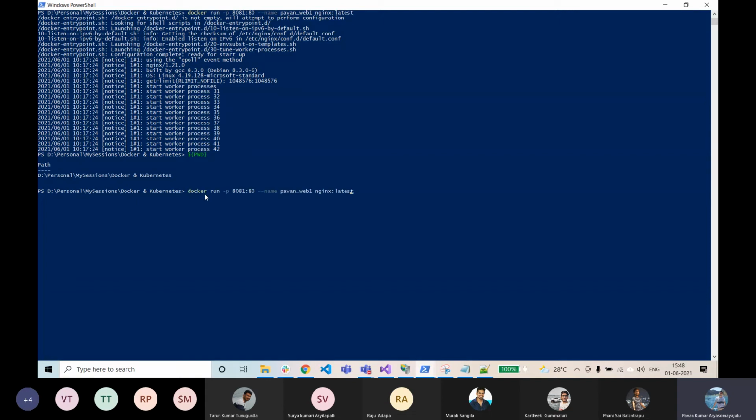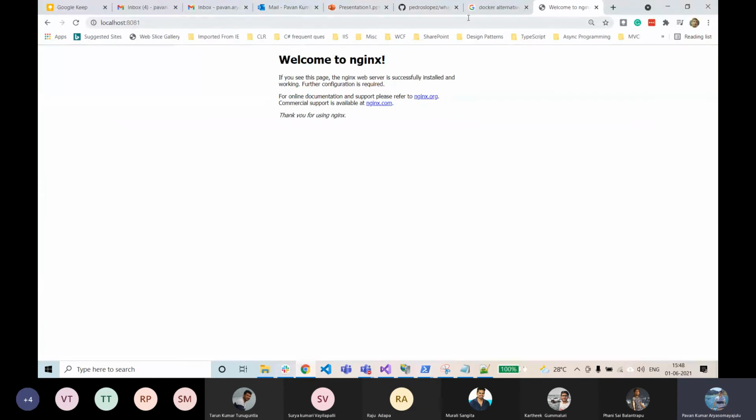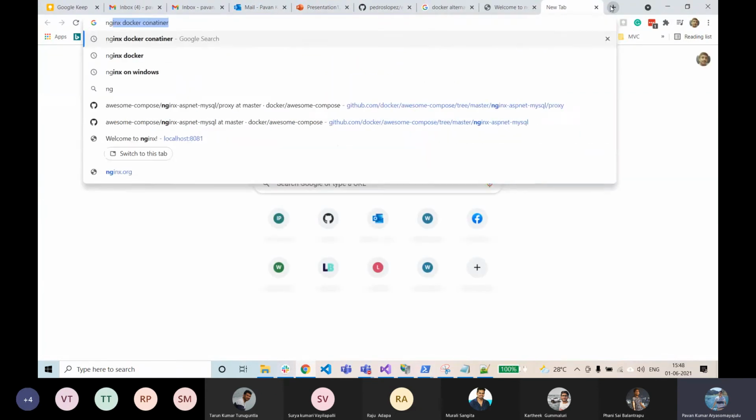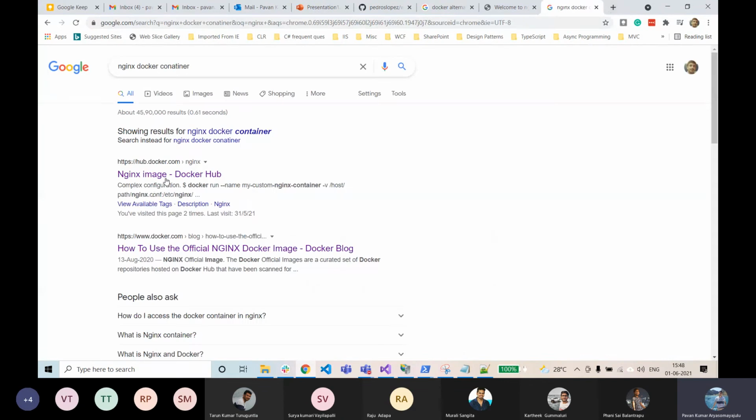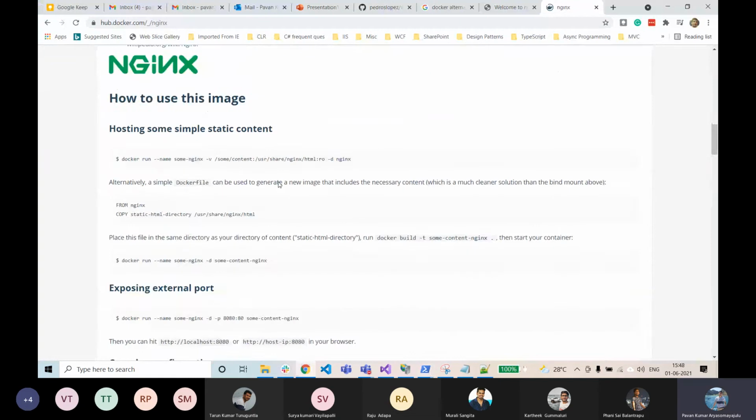What I'll be doing is creating another container on 8082, and I'll specify the volume option. I'll point out my current working directory, pwd, to the folder where my HTML file is actually present, the location from which Nginx is picking the HTML file. Let's see which location it is. You can get that information from the official image. Yes, Nginx is pointing to this particular HTML file.